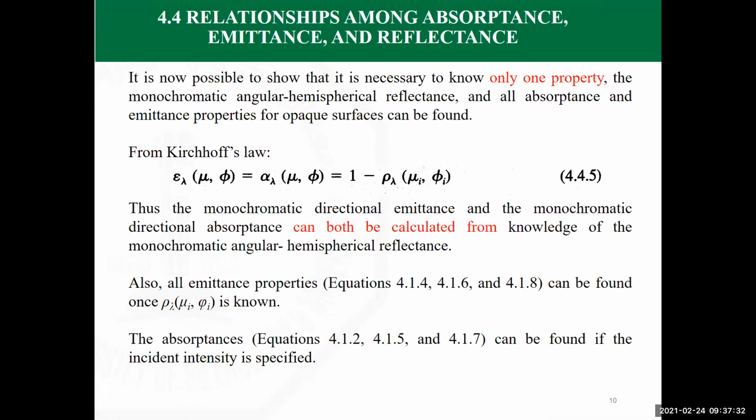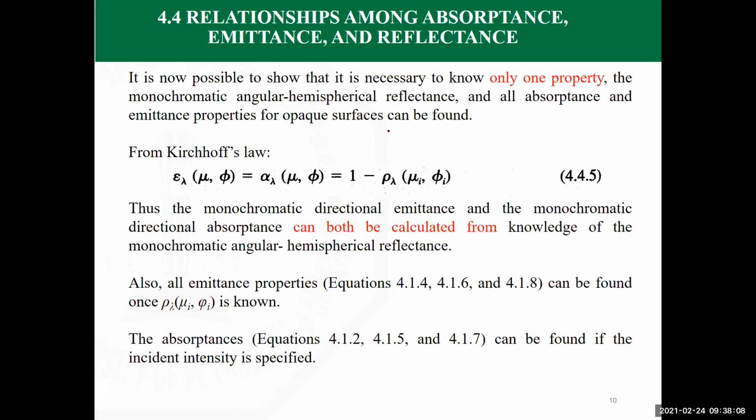Now, this is one of the important outcomes that we have from this chapter. It was stated at the beginning of the chapter that you don't always have enough information related to epsilon and alpha, but you may have this information in terms of the reflectance rho. So if I know the reflectance rho, I can determine the value of alpha and the value of epsilon. Remember what you have covered in heat transfer when you studied